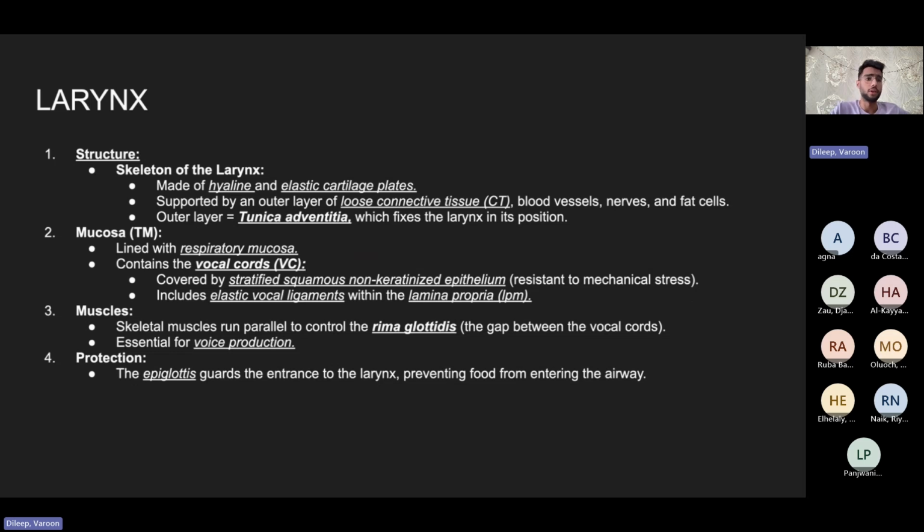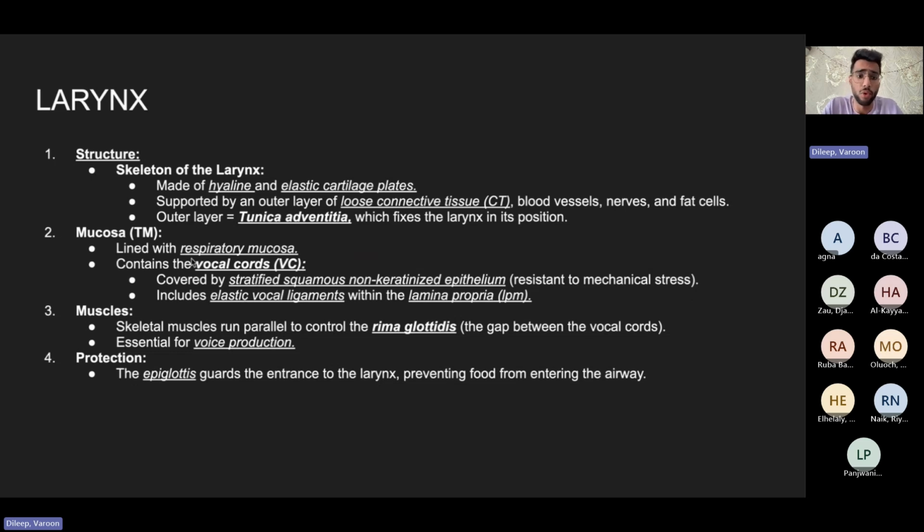Okay, next one which we'll talk about is the larynx, the structure of the larynx. It is made up of hyaline as well as elastic cartilage plates, and it is supported by the outer layer of loose connective tissue, again with blood vessels, nerves, and adipocytes or fat cells. The outer layer is called the tunica adventitia, which basically helps support and fix the larynx in its original position. Now, when you talk about the tunica mucosa, again lined with the respiratory epithelium, the main distinguishing feature